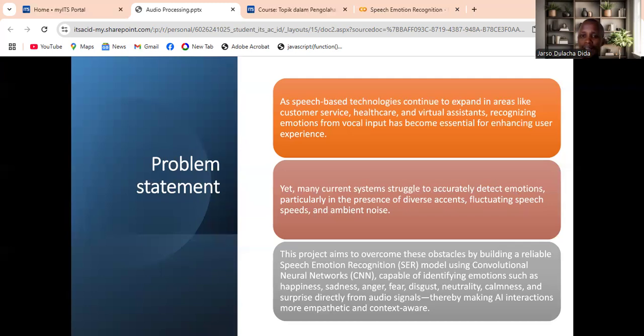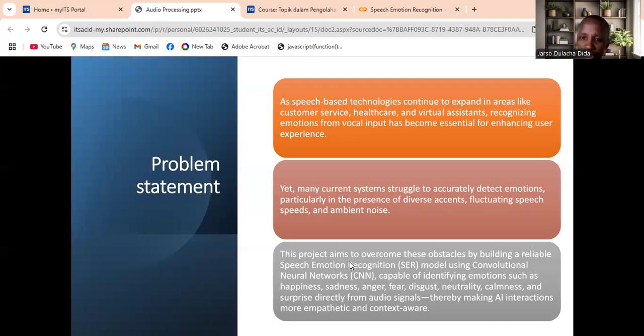Why? Particularly in the presence of diverse accents, fluctuating speech speeds, and ambient noise. Because of those things, many current systems struggled to accurately detect emotions.